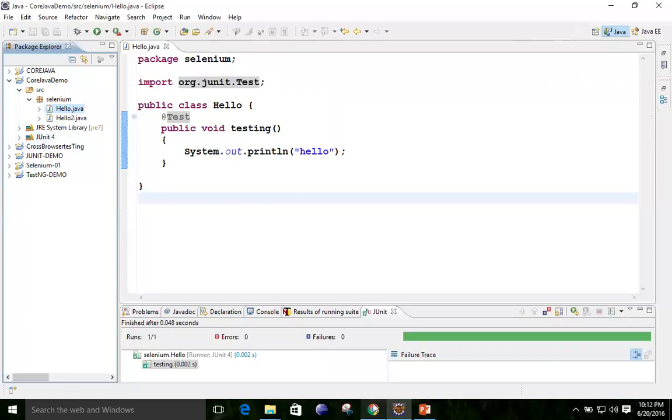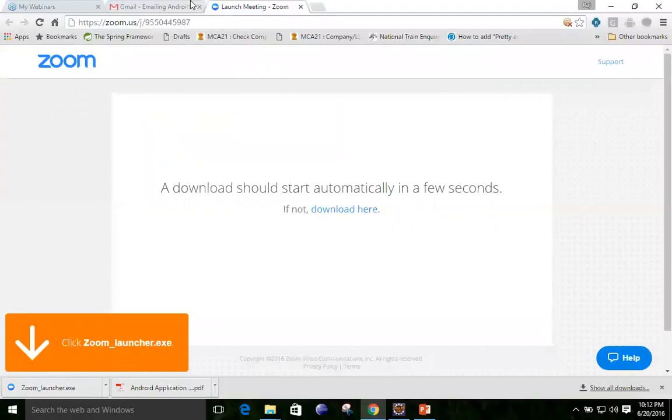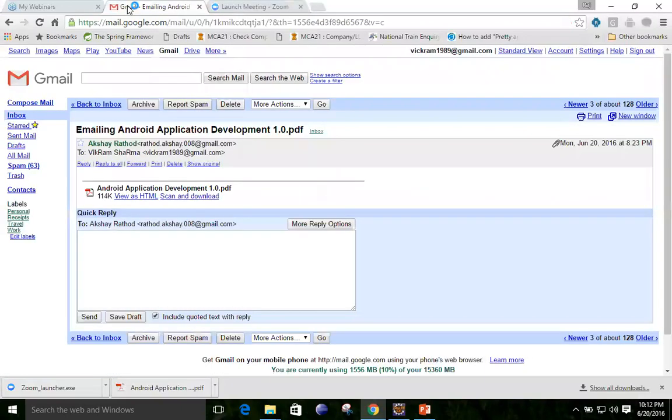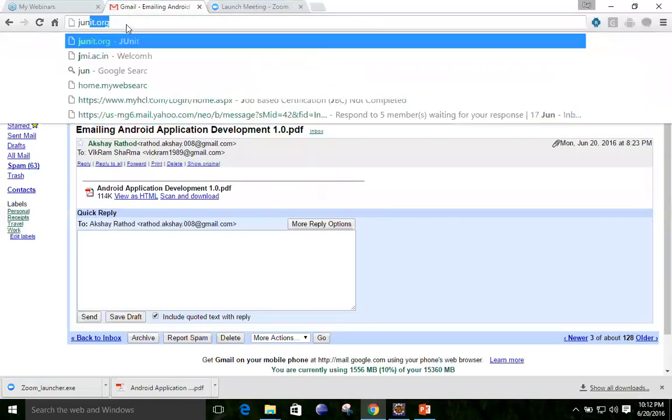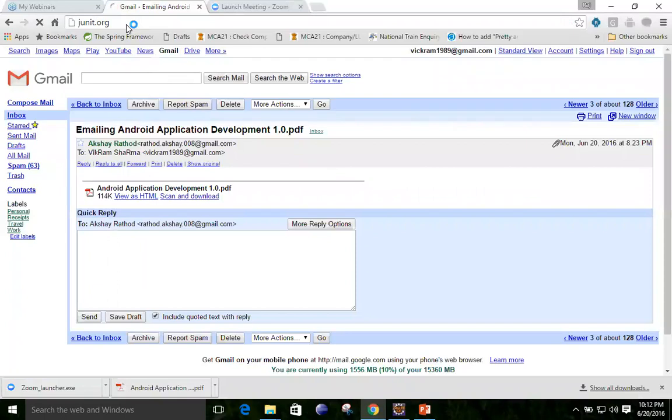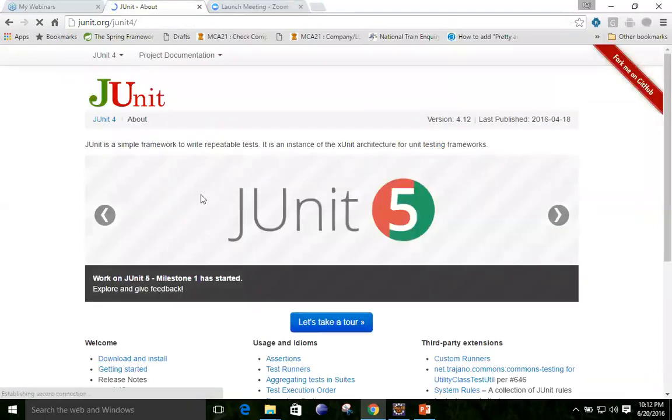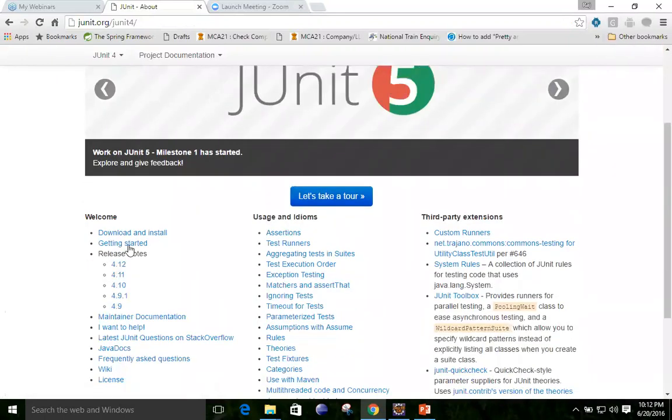If you want to see the official website for JUnit, you can simply type over here junit.org, and this is the official website of JUnit. If you want to download the jar files, you can download them from over here.